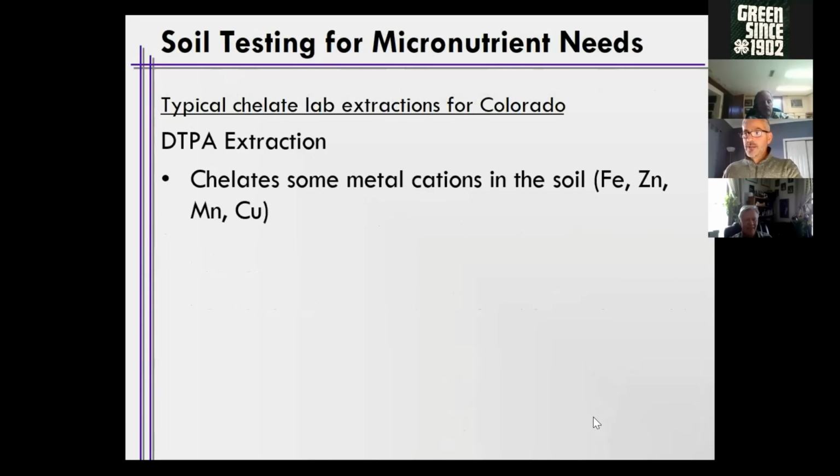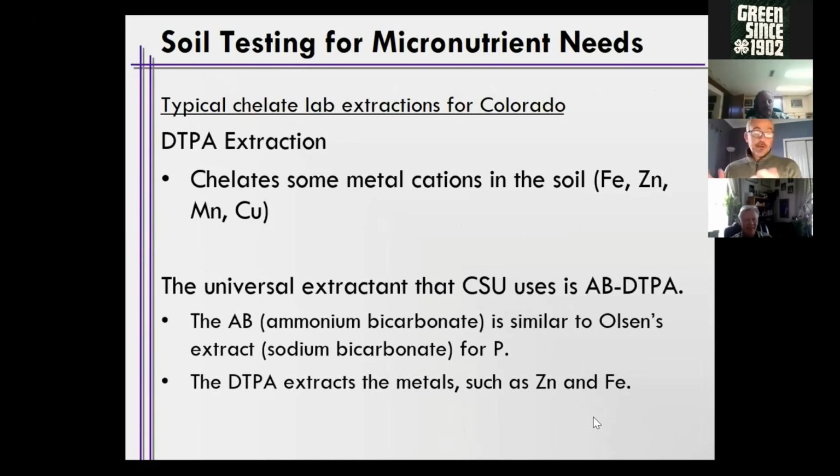So I already mentioned this, the typical chelate lab extraction in Colorado is DTPA. Some of you may have used the Mehlich 3 before, and Mehlich 3 actually contains EDTA in it, another chelate. They're both chelating solutions. The universal extractant that CSU uses is called AB-DTPA, and some of you may have used this in your past. And this was an attempt by Dr. Parvis Soltanpour and others to create a